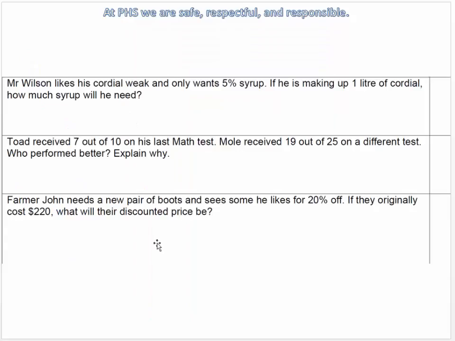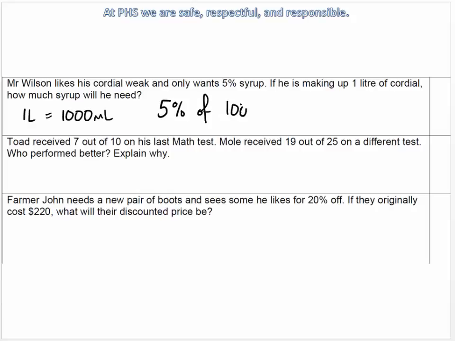Okay, let's keep going. So Mr. Wilson likes his cordial weak. He only wants 5% syrup. If he's making a litre, how much syrup will he need? Well, you had to remember that 1 litre is 1,000 milliliters. Okay, and we didn't have to remember that, but that can make this question a little simpler. So we want to find 5% of that. Okay, so I want to find 5%